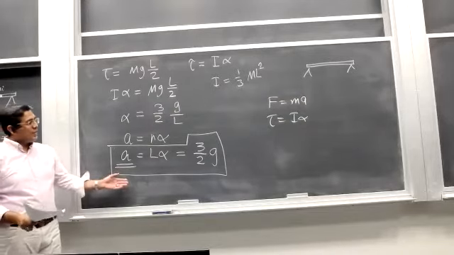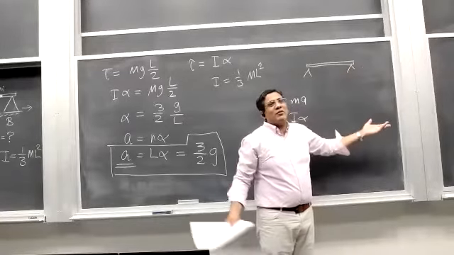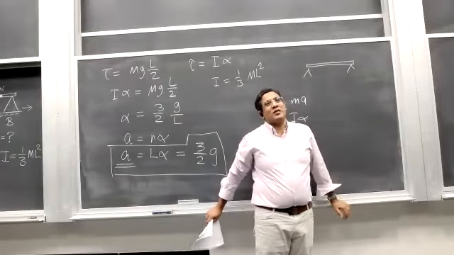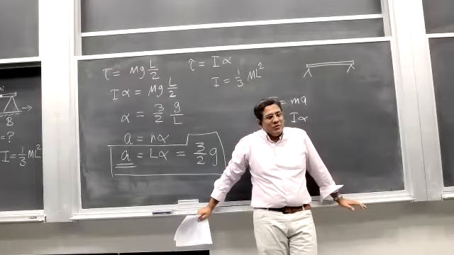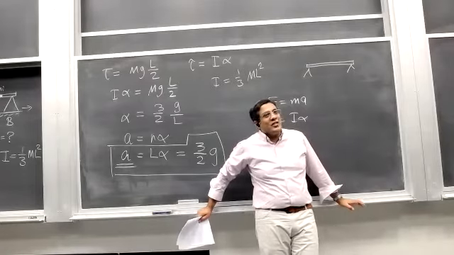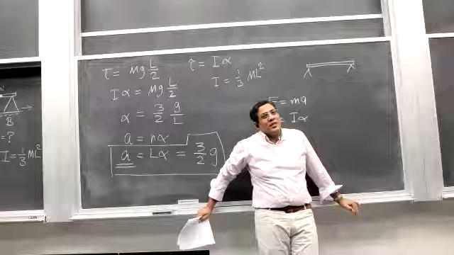Look, it should bother you, because what is happening? This end of the rod is falling down freely under the influence of gravity. What should be its acceleration? What acceleration would you have guessed if we hadn't solved this problem? G. G. What do we get? 3/2 g. This is larger than